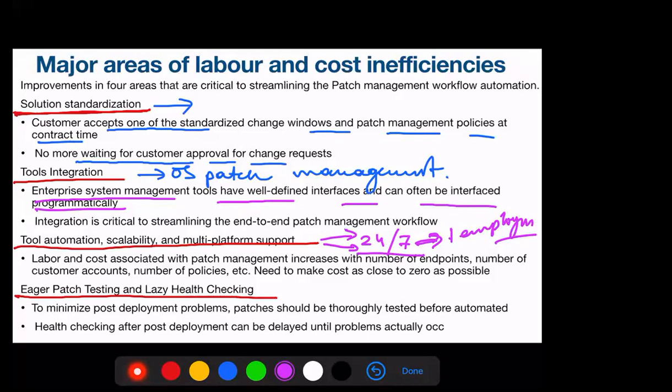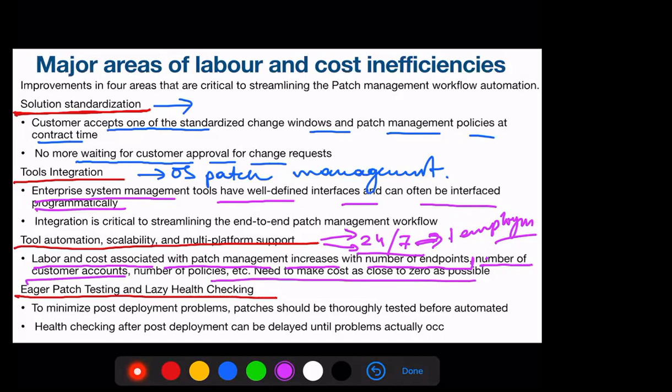That is why the labor and cost associated with the patch management increases with the number of endpoints, because there are several endpoints, and the most important thing is the number of customer accounts: how many customers' patch management was done properly, how many was not. If I make it automated, I can reduce the cost and also the delay time in handling the patch management issues.